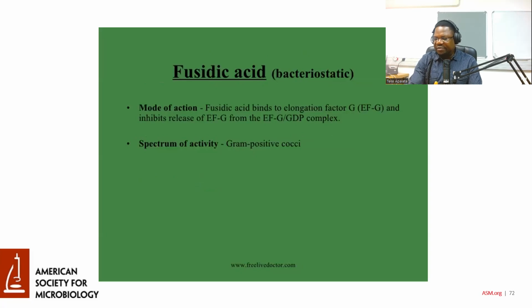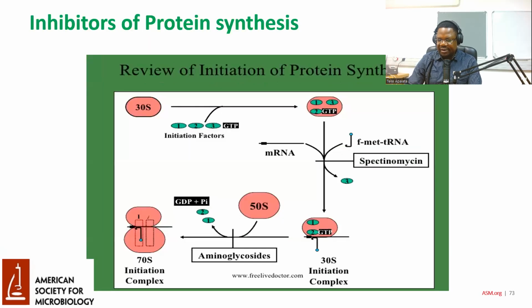Then we have fusidic acid. Fusidic acid binds to the elongation factor G and inhibits release of EFG from the EFG-GDP complex. So fusidic acid is good against gram-positive bacteria. To summarize this, during the initiation phase of protein synthesis, we have drugs that act on